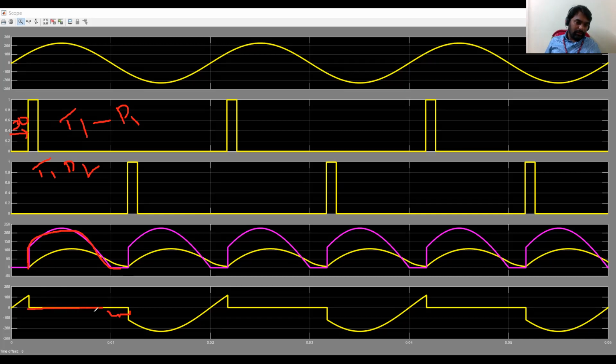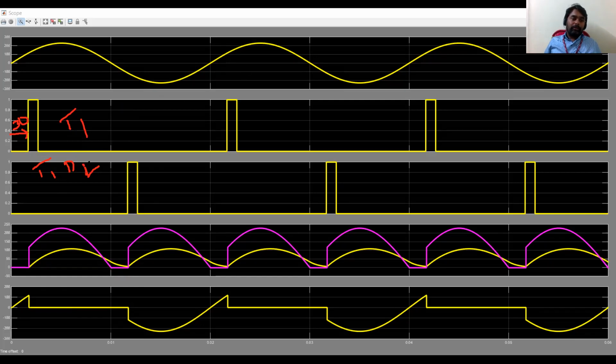And since T1 is in conduction state, from this point onward the voltage across T1 will be 0 ideally. Right, but you can see just after this point, T1, D2 will conduct and the load is short circuited by this T1 and D2. So the current will discharge like this. It is discharging completely here to 0, but the output voltage is 0 because the load is short circuited by these T1 and D2.